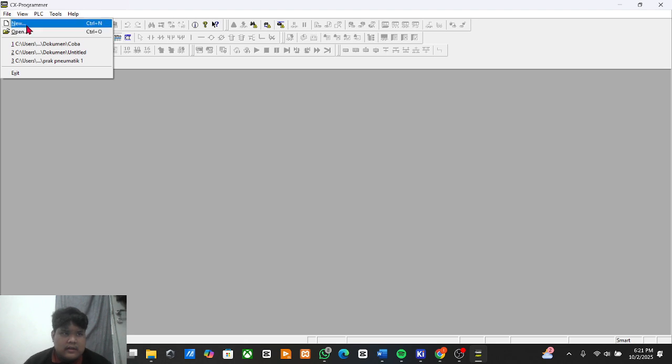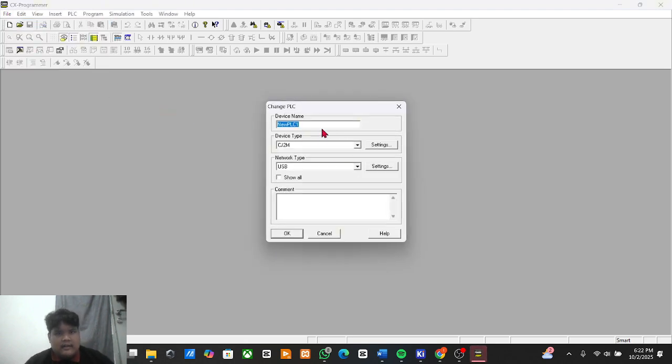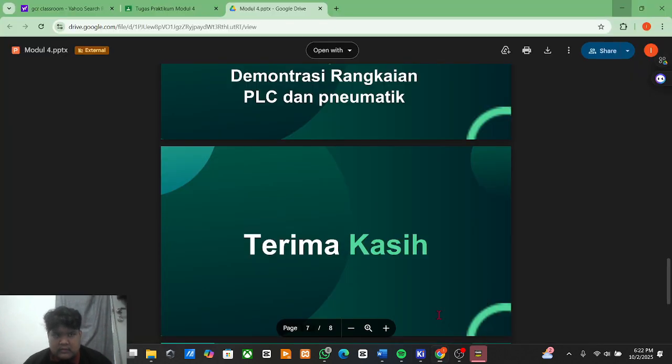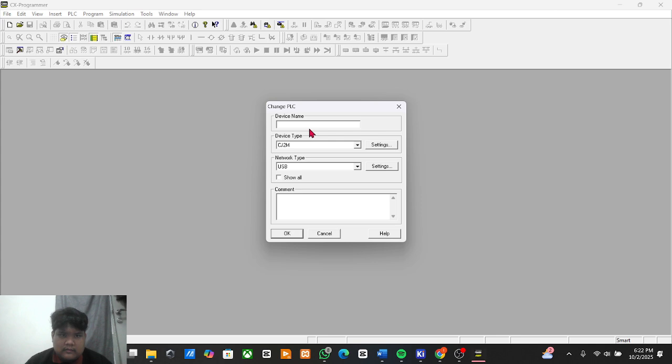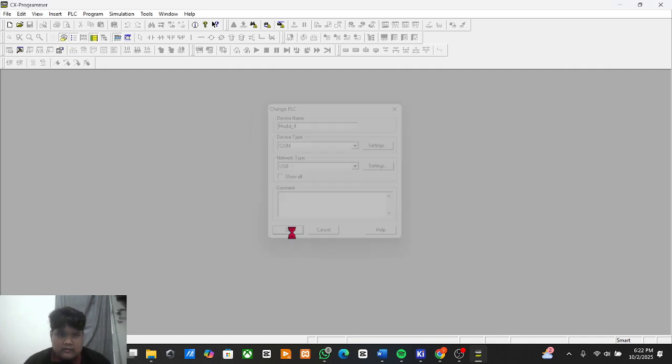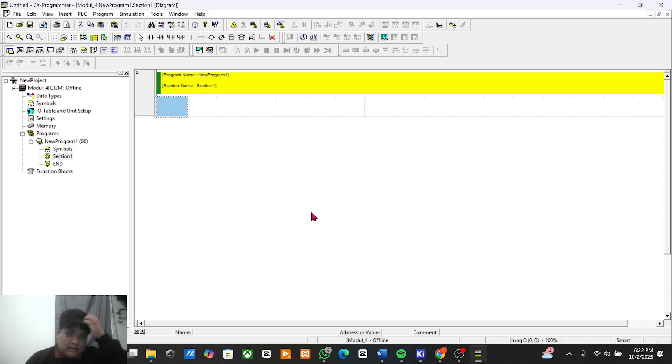Okay, now we create a new file, the module 4 for this circuit. Okay, here is the inside of this application.